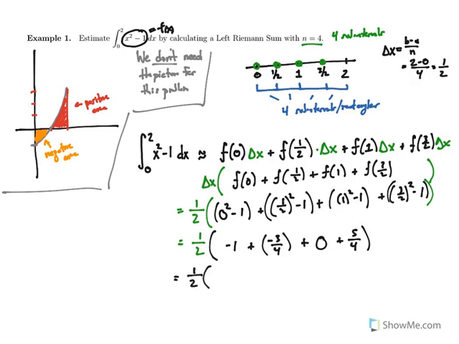So combining -3/4 and 5/4 is going to give us 2/4 or 1/2. 1/2 minus 1 is going to be -1/2, and we have an answer of -1/4 as an approximation for our integral. And again, note that we did not use the picture to find that value. If we did think about the picture, because sometimes it is nice to think about things graphically,